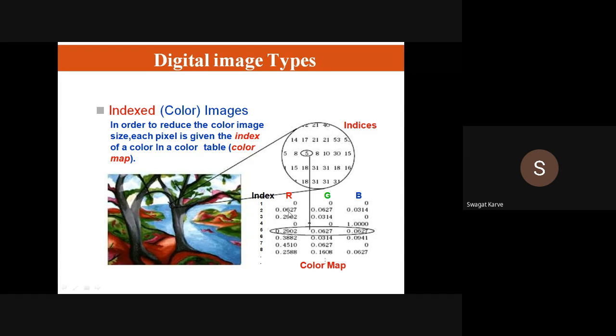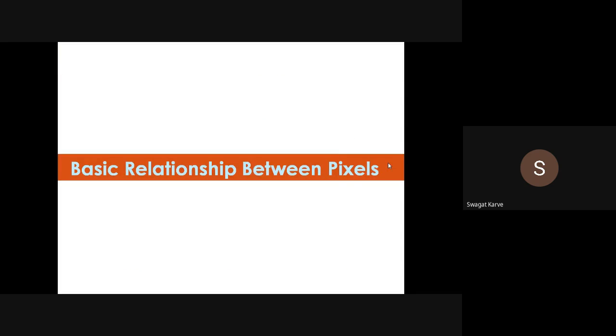So instead of mentioning the RGB value, you can mention the index value, and that type of image is known as an indexed color image. It is a color image only, but with some index. So this is about the types of